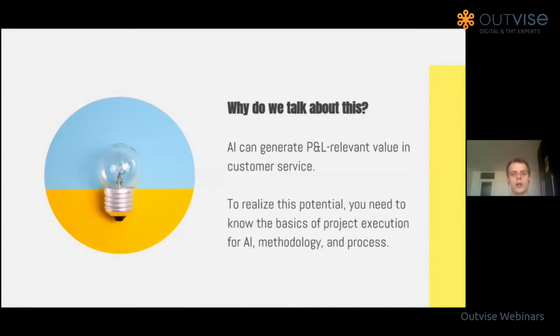Also, while building different kinds of models, doing exploratory analytics and so on, you may encounter some problems with your data that you didn't know before. Essentially, analytical and AI projects have a much larger component of experimentation, which means that you need to do just that. You need to experiment, you need to try out different things, different models, different approaches and frameworks, which sometimes makes it more difficult. At the same time, to avoid difficulties and to plan for them, you need to understand where they are. You need to understand the methodology and the process. That's the reason we talk about it.